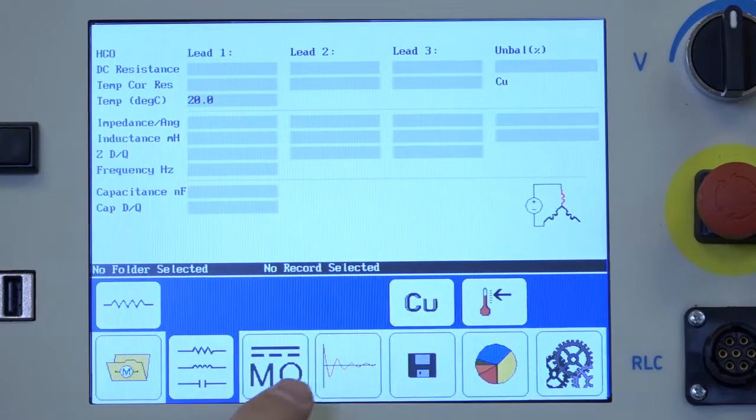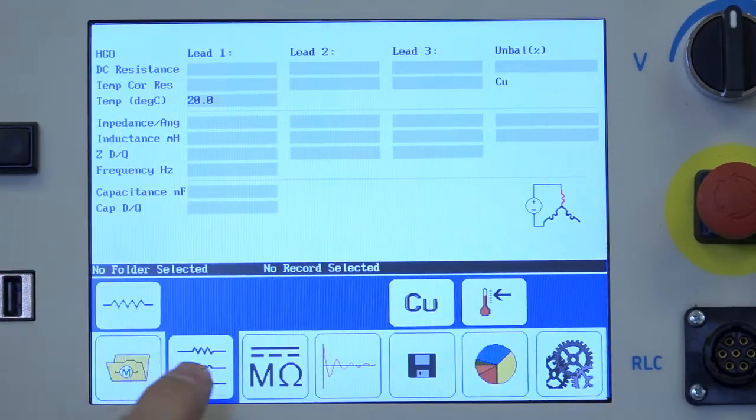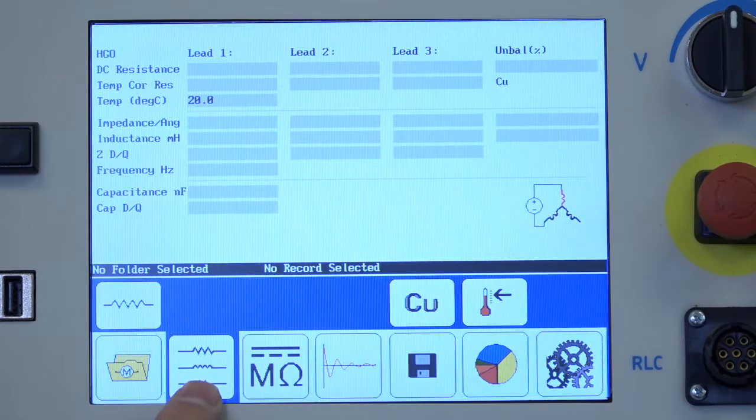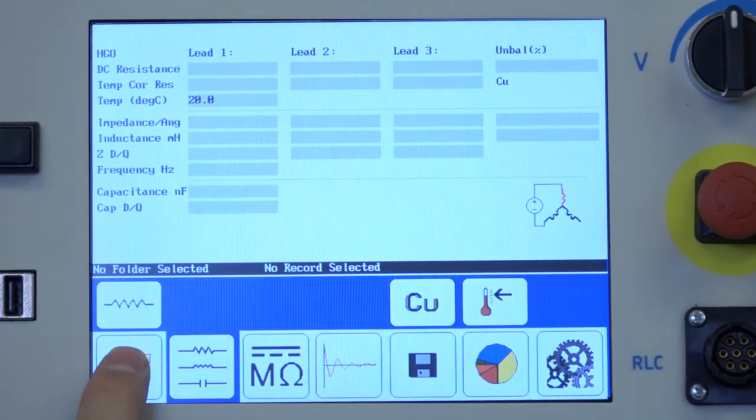So the main screen is laid out with soft key buttons along the bottom that define the mode of operation of the tester. On the left we have the folder and file menu, the low voltage testing icon, DC testing, surge testing, the save data icon, reporting, and then settings. As we select one of the modes, in this case the file menu,